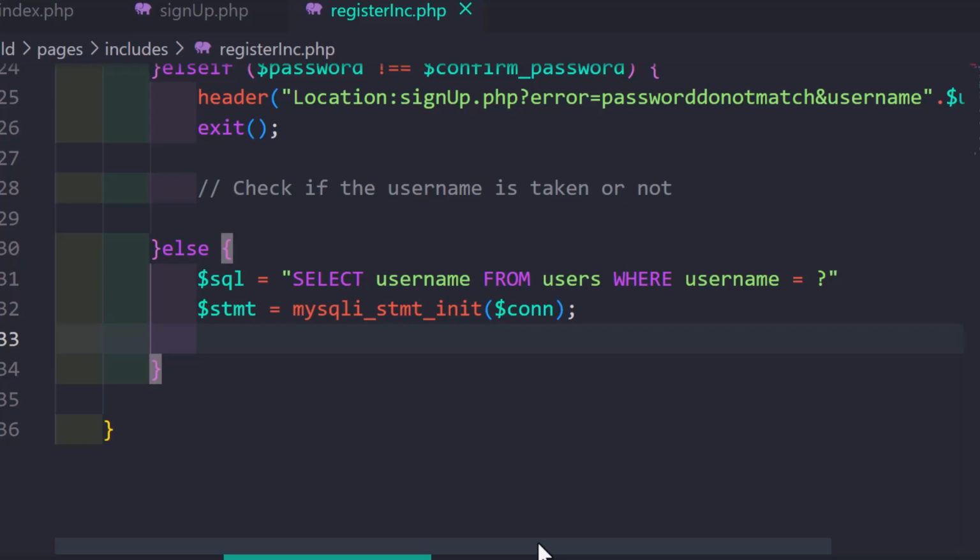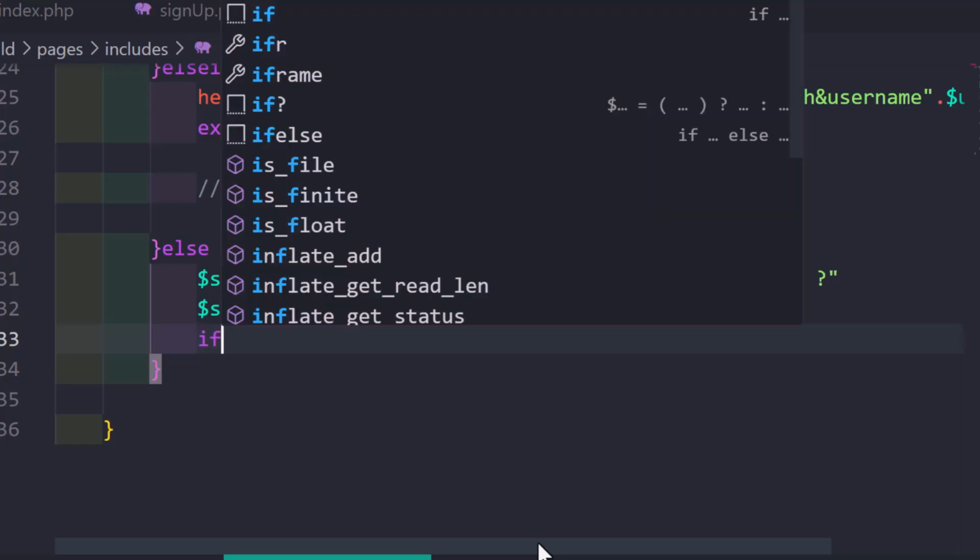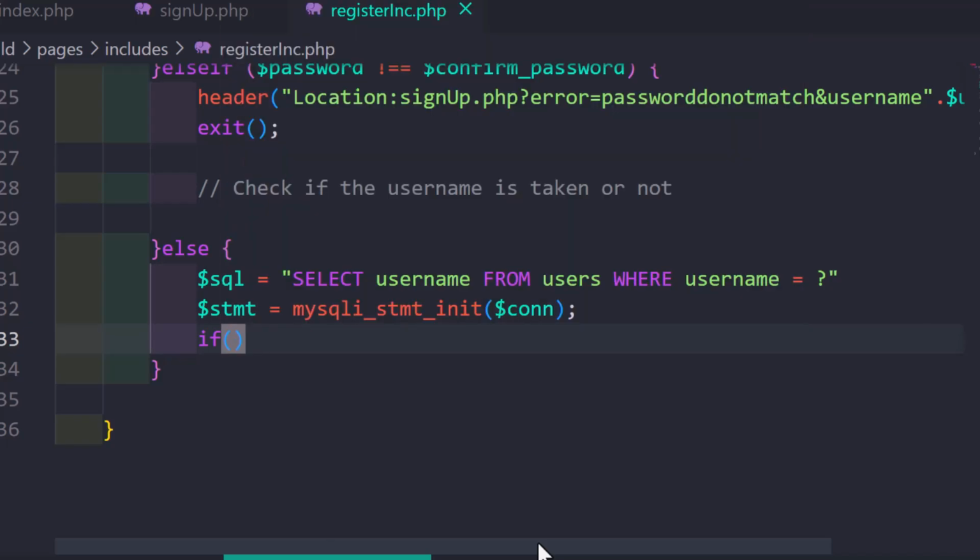So in this case I'm going to have an if statement, and I'm going to say if not. When we write the exclamation mark, we mean not. So I'm saying that if it is not the